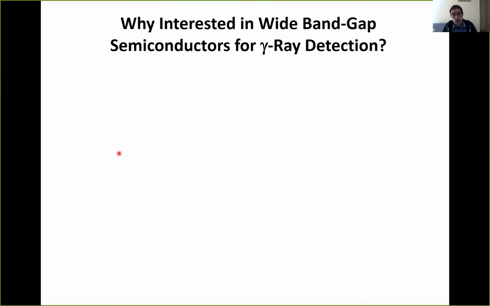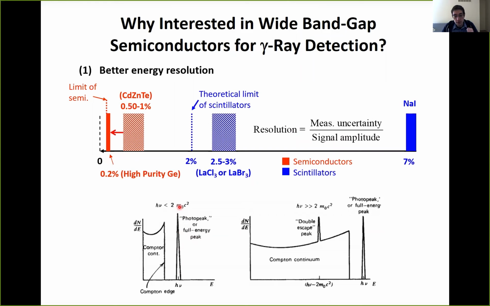Let's look at the photo peak. This is the way we measure the uncertainty or the resolution associated with the detector, and it has to do with the full width at half maximum. What we do is we look at the half maximum of the peak. So let's say the peak here has a value of 1. We go down to 0.5 and we look at left and right of the peak, and we see the delta of the energy, or the difference in the energy locations. And we call that the measurement uncertainty. And we divide that by the centroid amplitude. This is resolution, and we use the full width at half max to report the resolution of our